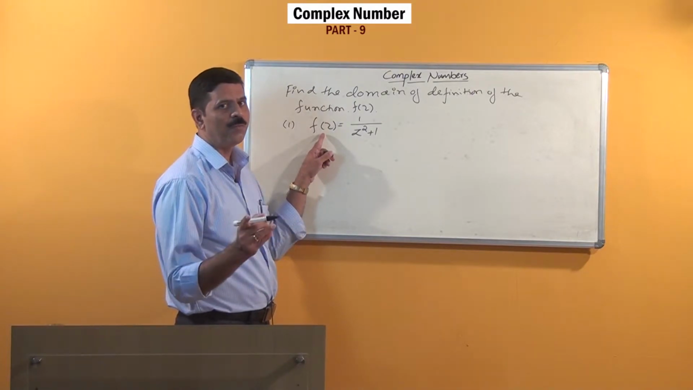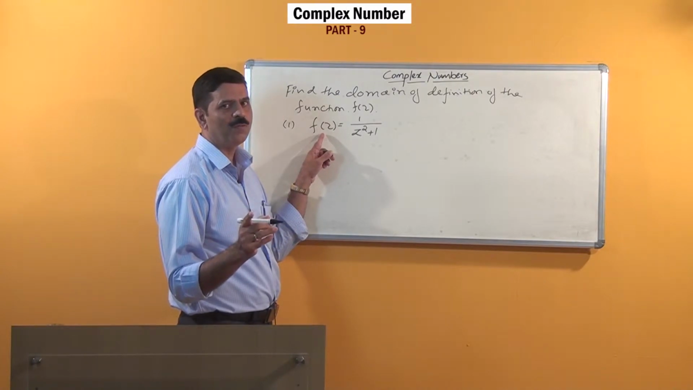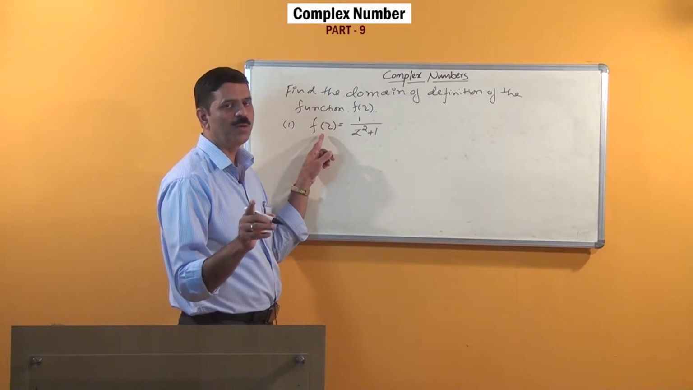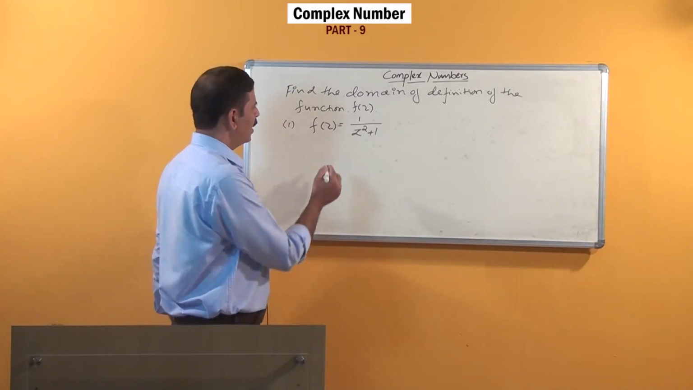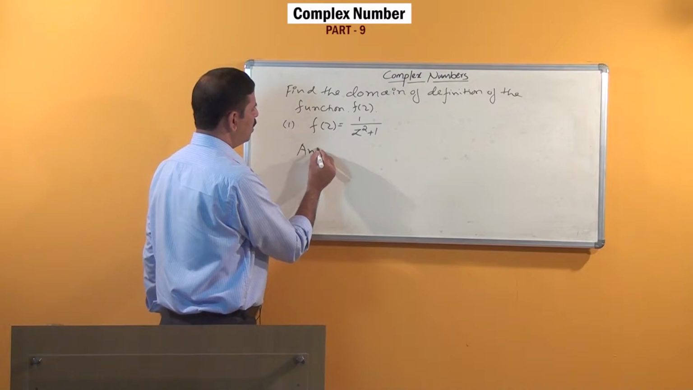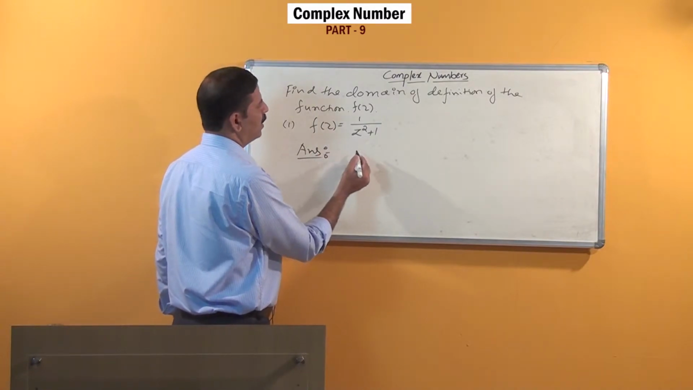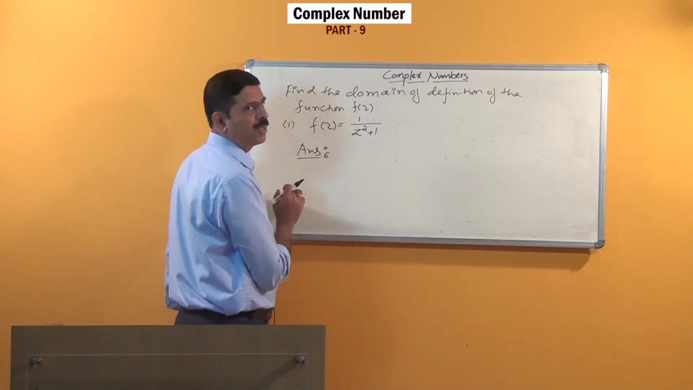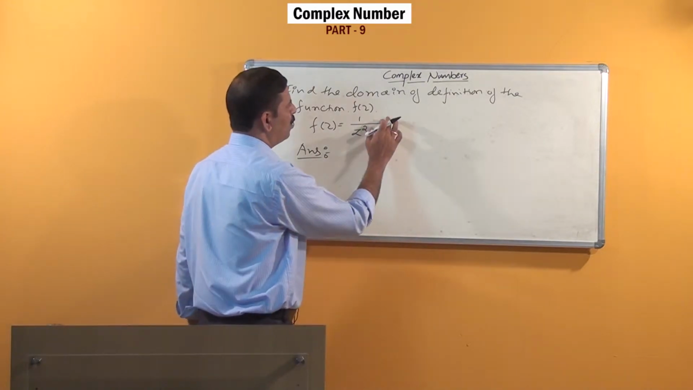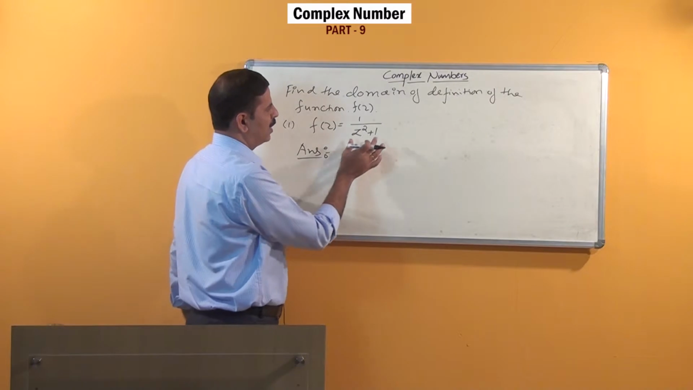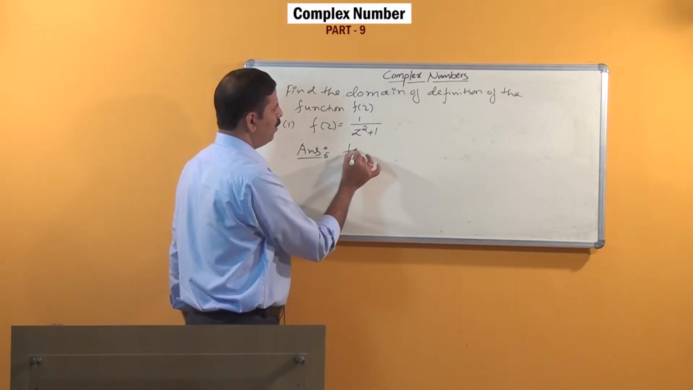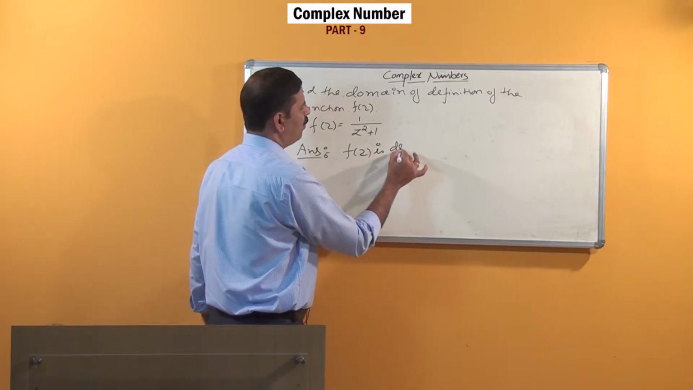So what do you mean by domain? Domain is set of all values of z where the function is going to be defined. Here, whenever the given function is of rational form, anyway numerator is not equal to 0. The denominator part you have to observe. The function f of z is defined